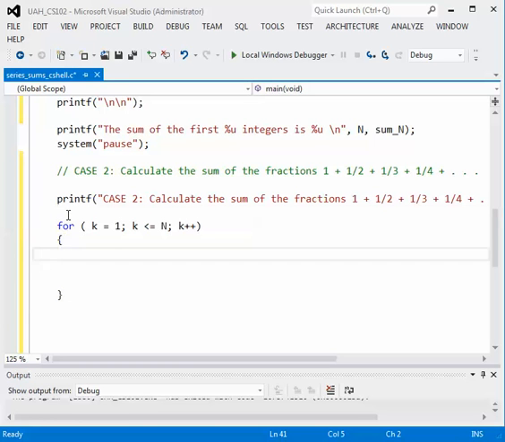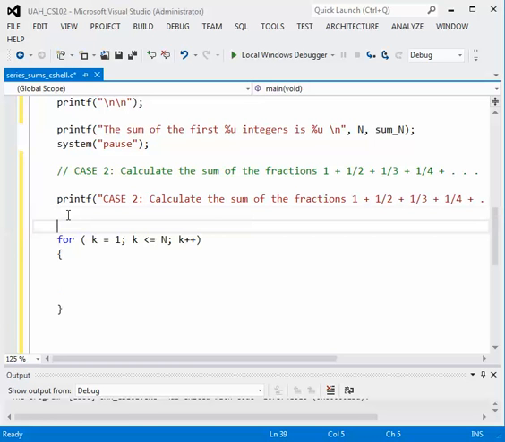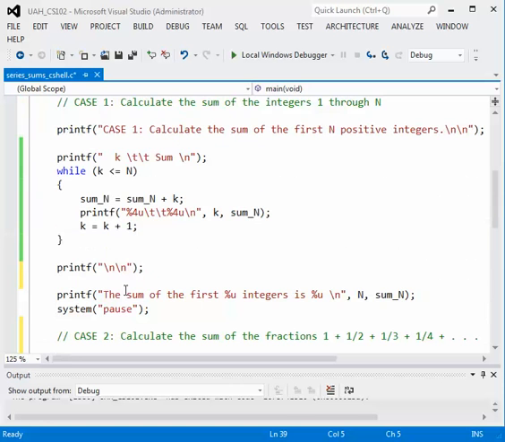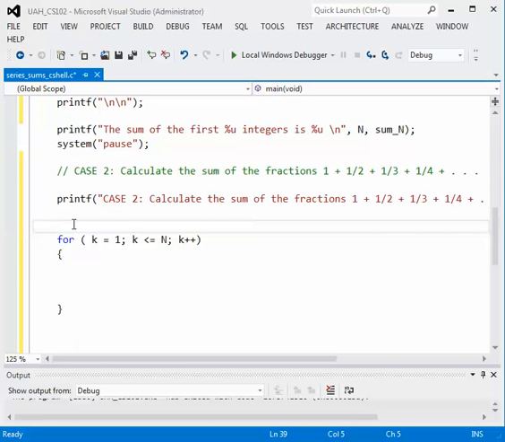Now, let's do the same thing we did up above. Instead of just printing the numbers across the page on a single line, let's make a table, and we can watch the value of k change, and we can watch the summation change as we go along. So let's borrow this header that we had up above, where we print out the headers for k and sum. I'm just going to make a copy of that line and paste it here before this for loop. So this will just give us another header for case 2, where we have the value of k, but this time we are going to have the sum of the fractions. So let's do sum